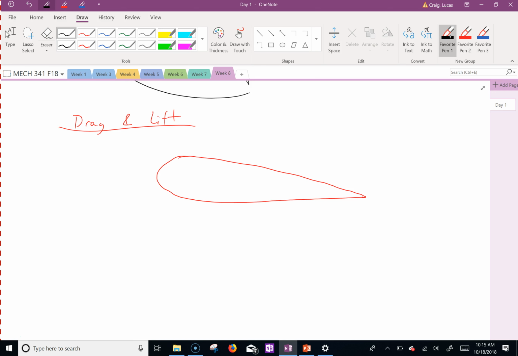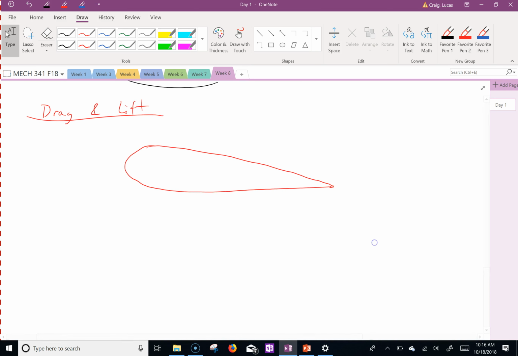Oh, man. All right, so here's an airfoil, which is part of the wing. And this is right up Will's alley, right? As this is moving, say, this way, it creates drag and lift, okay? When we talk about drag and lift, lift acts up, drag acts in the x direction. So lift is always in the y direction, drag is always in the x direction, okay?